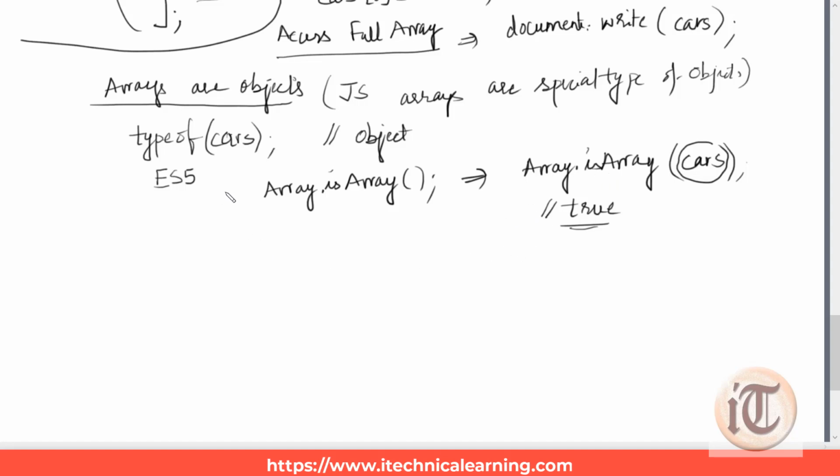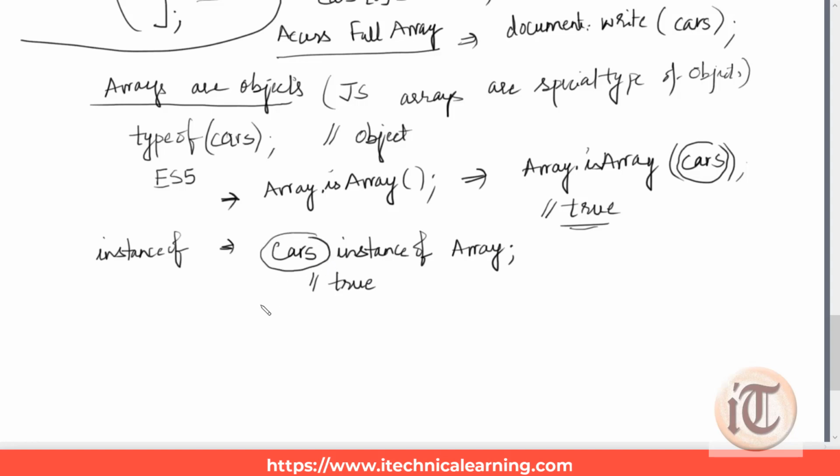And you can also do the same work with the help of the instanceof operator. Okay, so I can also check it like cars instanceof Array, and I'll put a semicolon. If this returns true, then it means my cars object also has the properties of arrays. Okay, so now let us take a look.